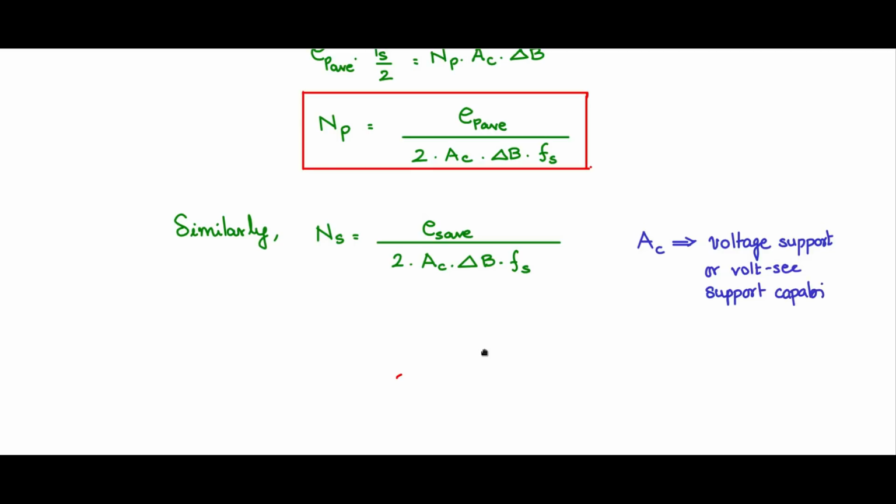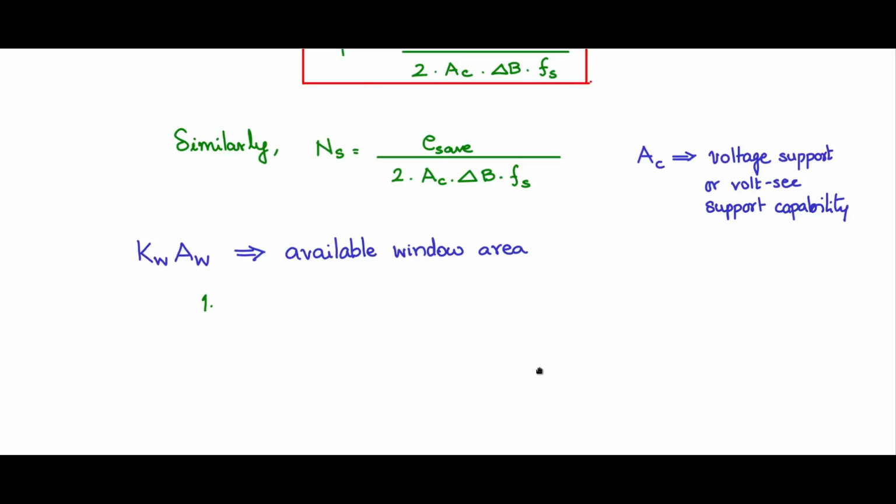Next, let us talk about the window area. kW AW is the available window area. Just like in the case of the inductor, we have loss of window area due to coil former thickness. We have to insert the coil former into the core, and the thickness of the coil former, that amount will go unavailable for the windings. So that much decrease in the window area is there. Not only that, when you have circular cross-section coils wound, there is always air gap in between the coil sections, and that will eat away some area.